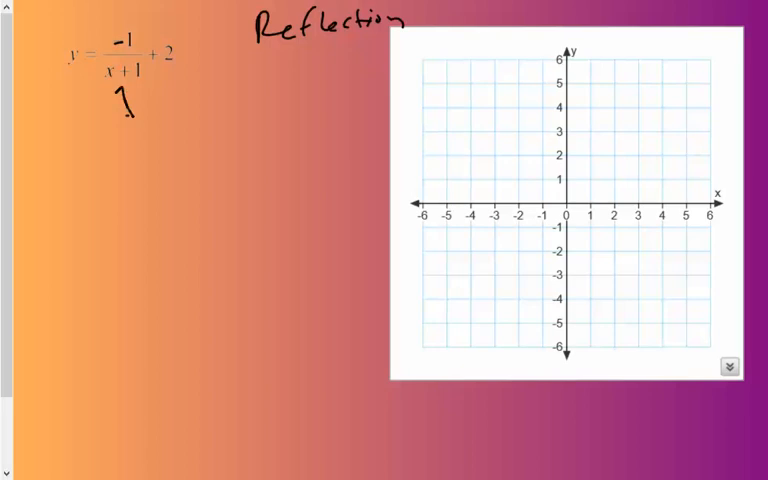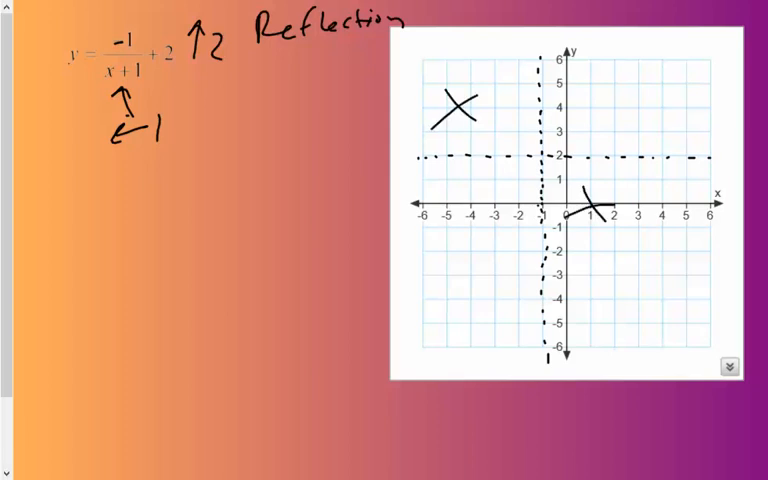Okay, this is going to move it to the left 1. This here is going to make it go up 2. So left 1 and up 2. Okay, so there we go. However, it's going to be here and there